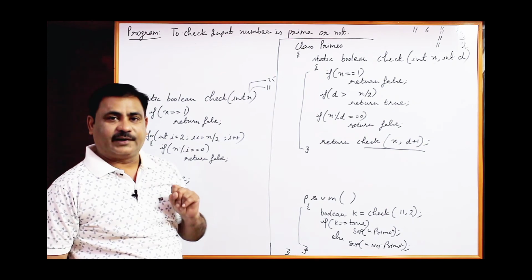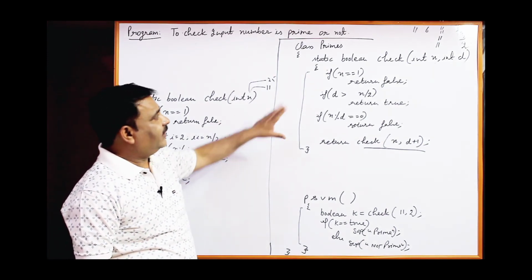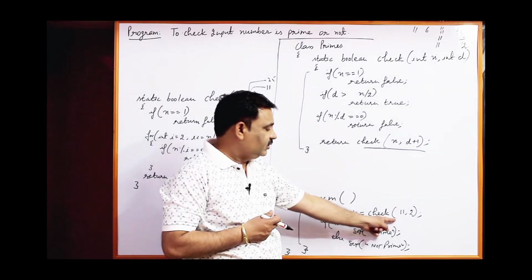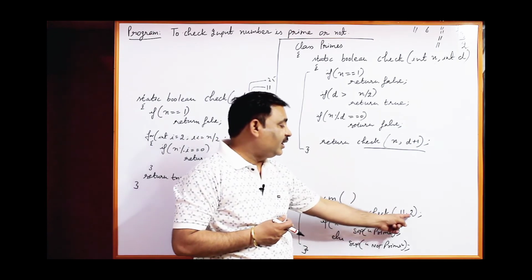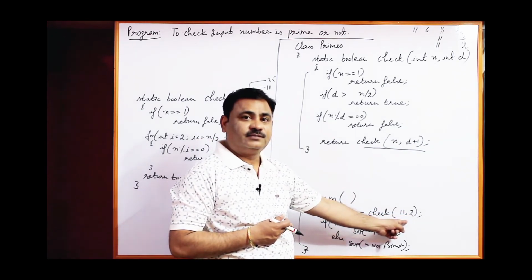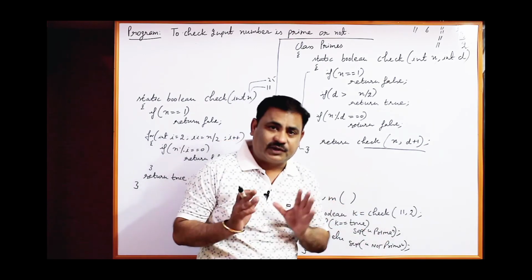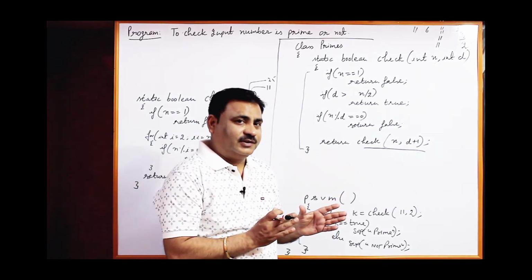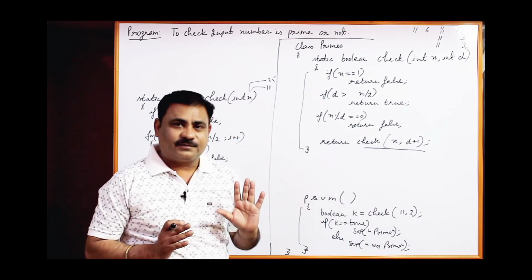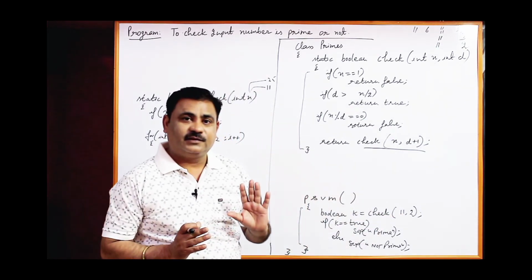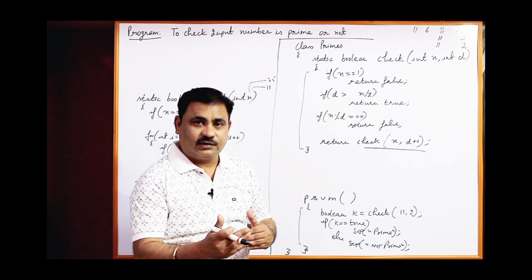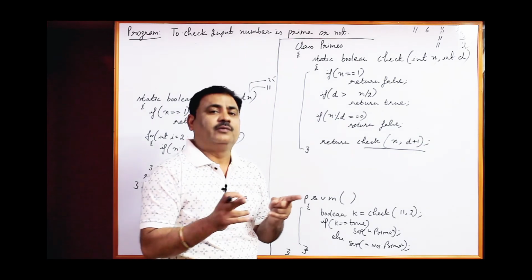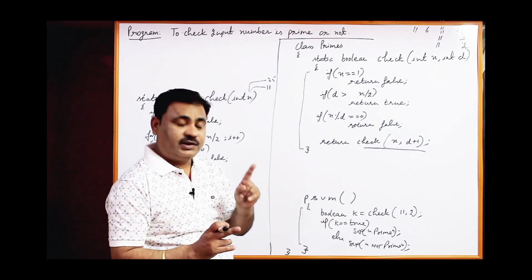But one more thing I would like to explain to you. In this function, we have to pass one number. This number we can either input using scanner class or through parameter, but it is a must to pass 2, the divisor, which is not good to pass every time. So we can make one more function. We should pass only one number from here. We should not pass 2, the divisor, because this function we have to provide to the user, and the user will enter only one number, whether it is prime or not. He should not know whether he has to pass 2 or not. So he has to pass only a single number.